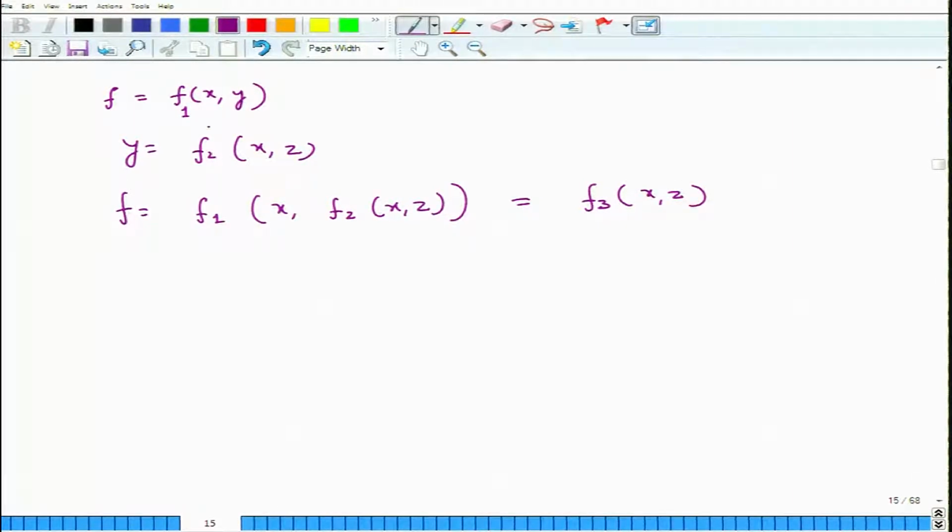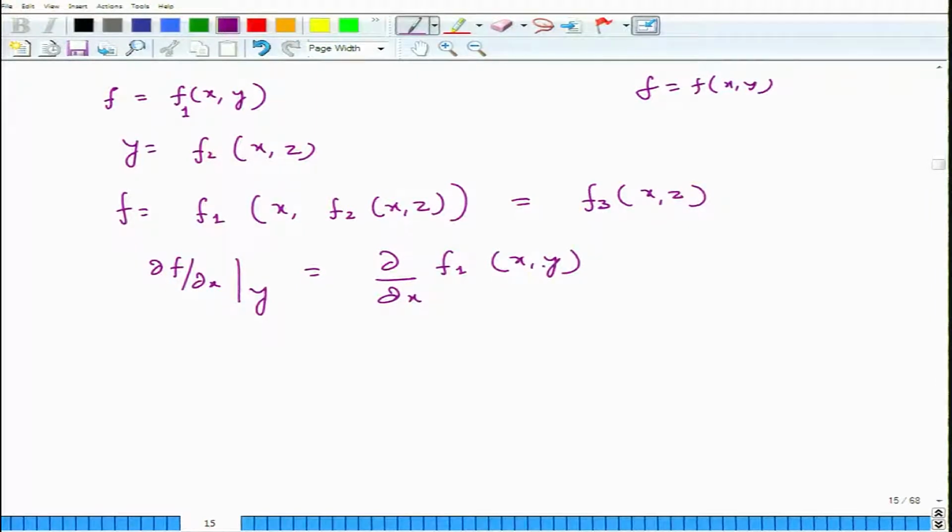The reason we are considering such a complicated function is that typically thermodynamic functions are not just f equal to a function of x and y, where x and y are independent. Most of the time we have more complicated functions. Now, in this case, if you want to find partial derivatives such as del f by del x, it has no meaning until you specify what is fixed. For example, del f by del x at constant y is del by del x of f1 of x comma y,